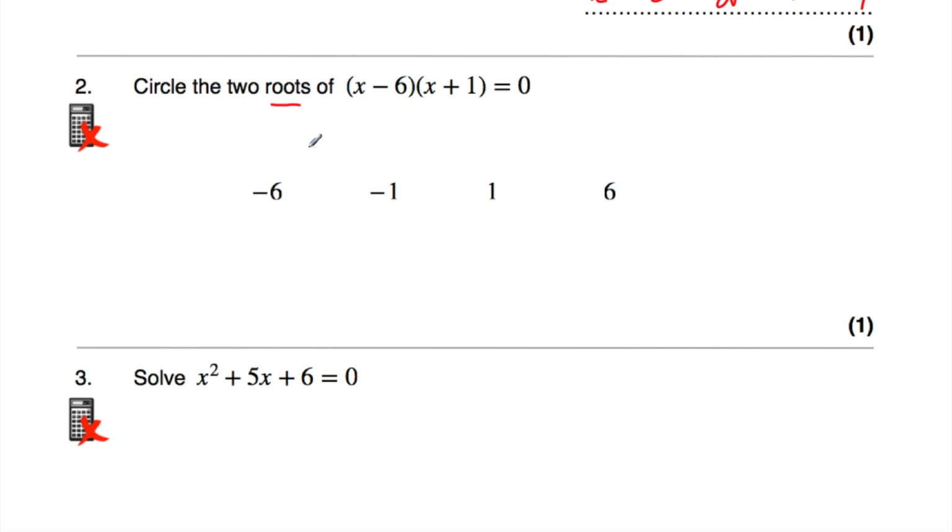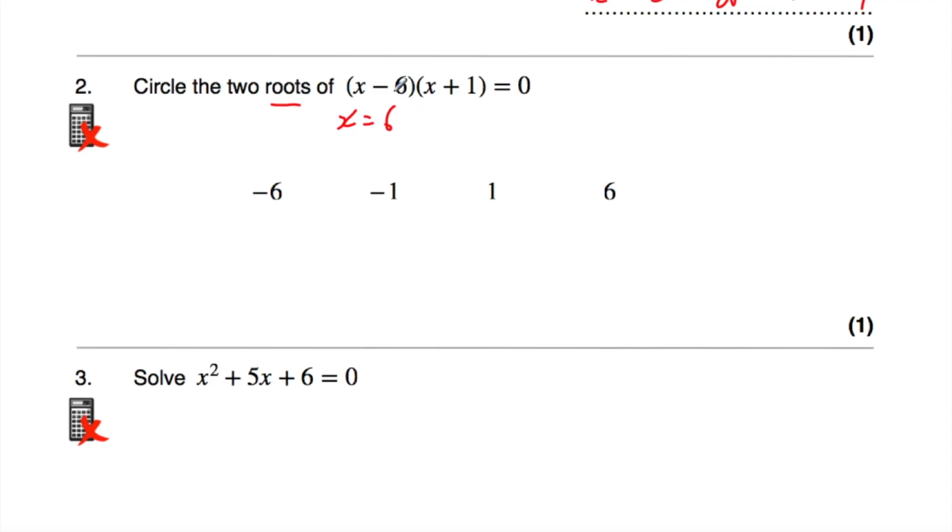This word roots just means answers or solutions. It's just a fancy word for answers or solutions. So it just means what are the answers to this equation. So we circle the two roots, the two answers or solutions to this equation. Okay, so we want to make each bracket equal to 0. So in terms of this bracket, to make this bracket equal to 0, one solution would be x equals 6